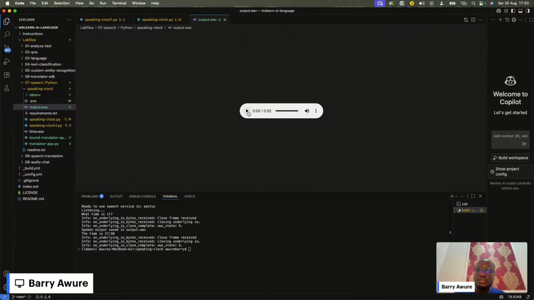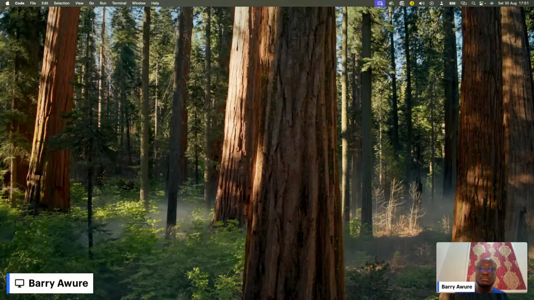So this is just the simple application that we've just demoed out to you to show you how you can build something like this, incorporate something like this into your own application. So this is where we'll call it. So we can even take this even further, right? Let me just share